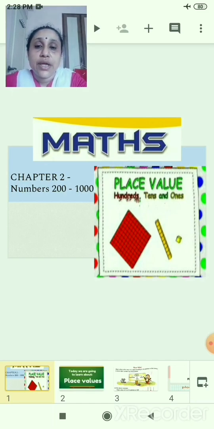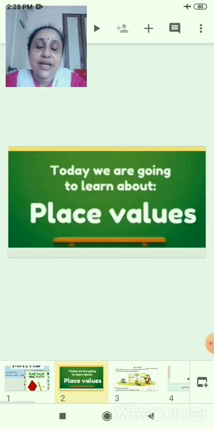So today I will teach you about place value. The numbers are also having their own place. Today we are going to learn about place values. What we will learn today? Place values. Today we will give place to the numbers.